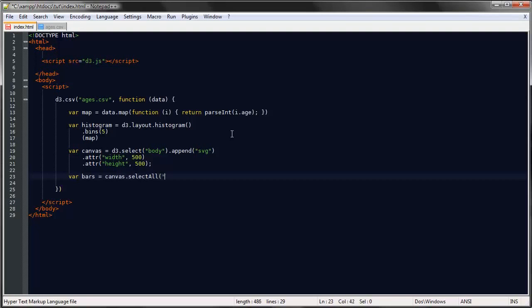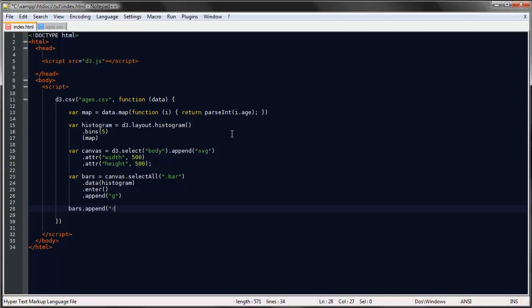So we'll say select all, bar, data is coming from the histogram, enter, and then we'll append a G element. Now to each G element we'll append a rectangle, which is the actual bar. So let's say bars.append rect,